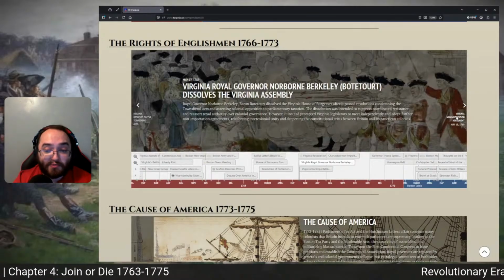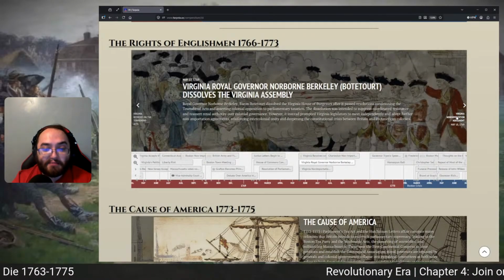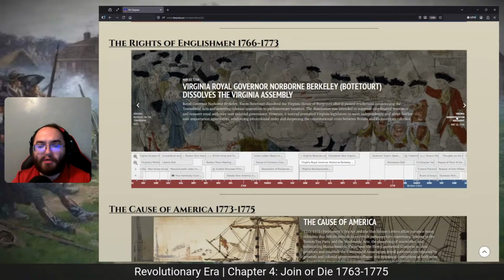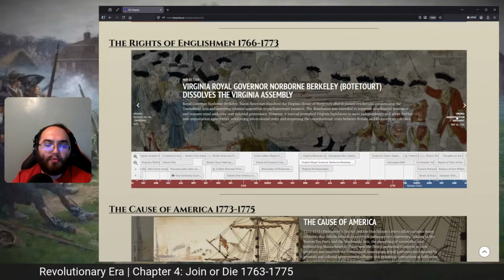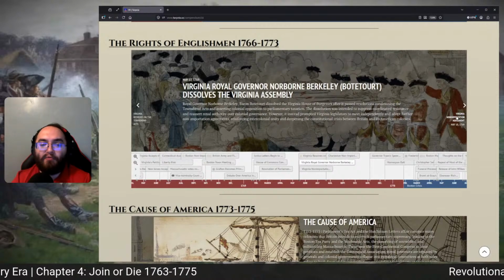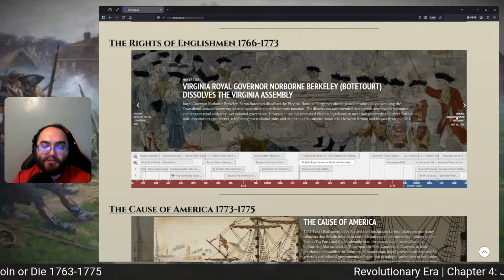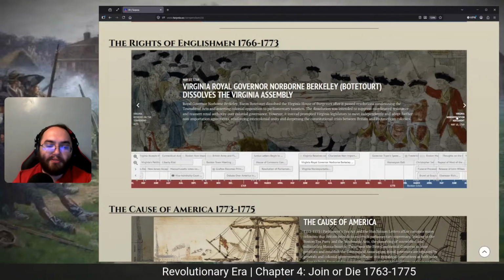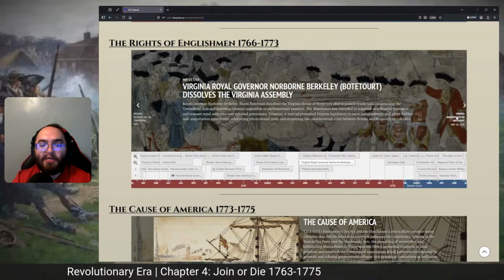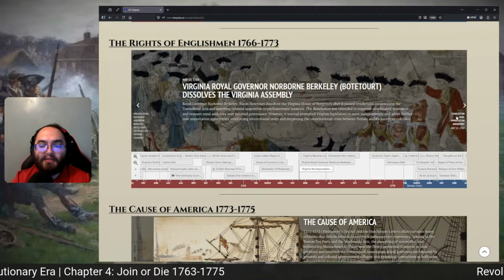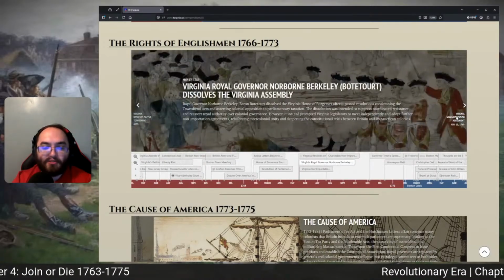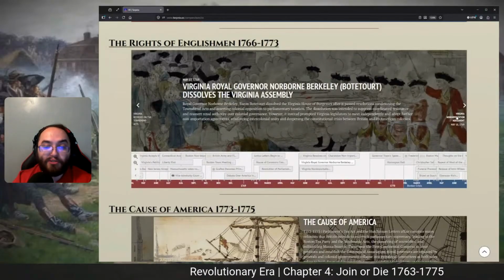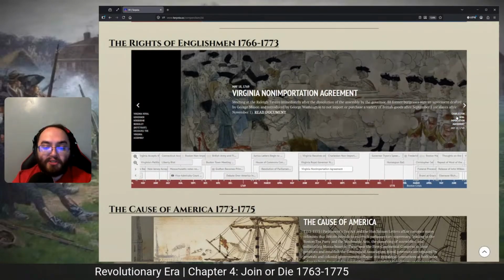This dissolution was intended to suppress coordinated resistance and reassert royal authority over colonial governance. However, it instead prompted Virginia legislators to meet independently and adopt further non-importation agreements, reinforcing intercolonial unity and deepening the constitutional crisis. And so, right after the Virginia royal governor dissolved the Virginia Assembly, the House of Burgesses passes